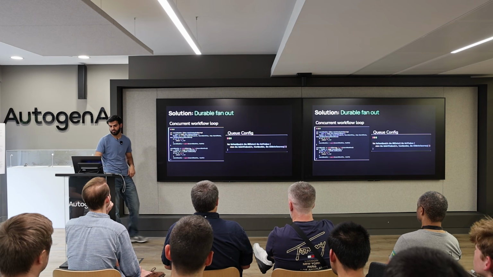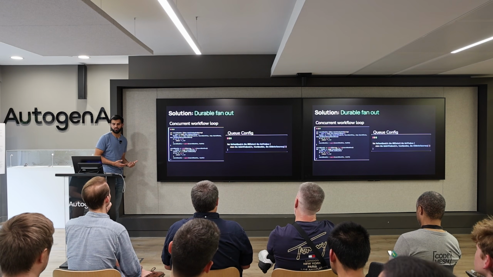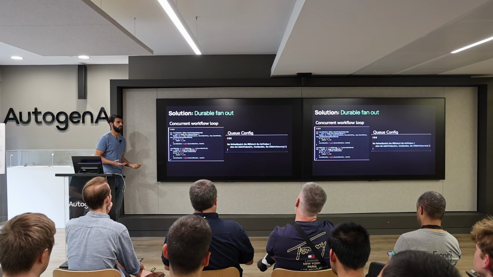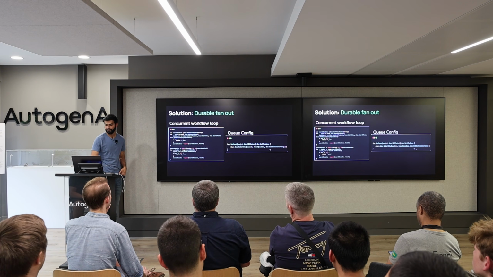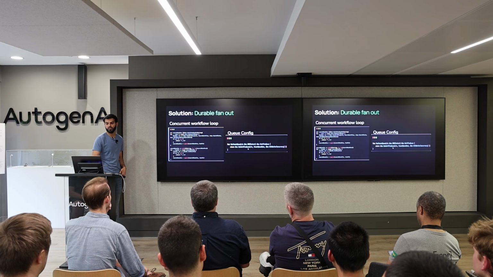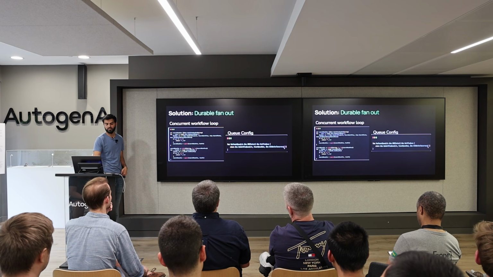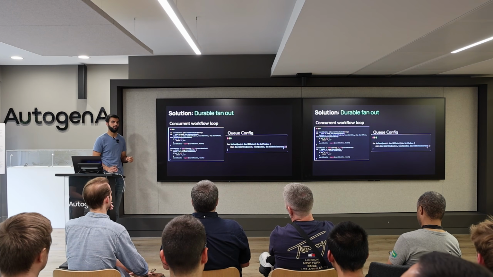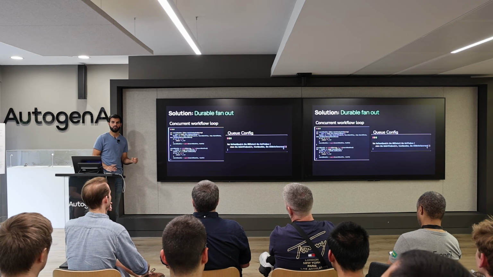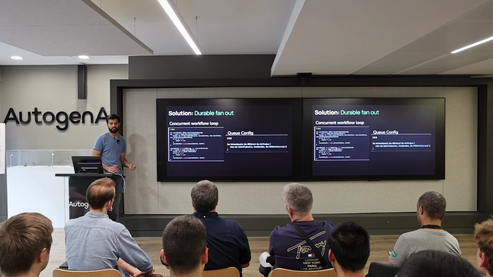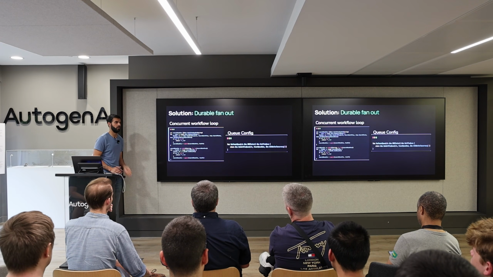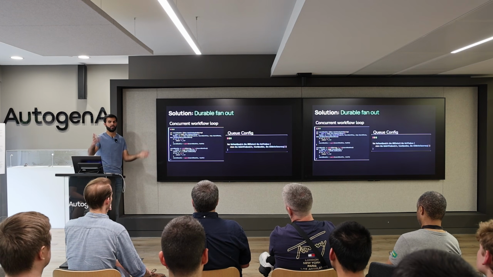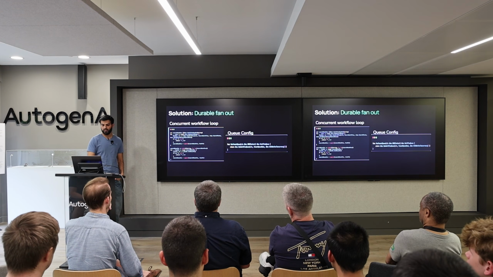That's how you declare the queues via code. It's simple code. You create a new workflow queue, give it a queue name, and then configure the concurrency model. So at the same time, only 3 workers can work on a task, not more than those, because of the rate limiting limits that we have.